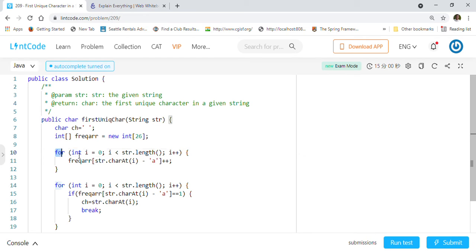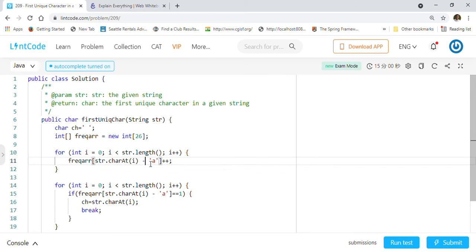And then we will be traversing the string. This is order of n, and we will populate our frequency array here, right? Whenever we are reading a character at the ith position, we will subtract the character A, right? So it converts A into the integer 0, B to 1, C to 2, like that, and Z will be converted to 25.